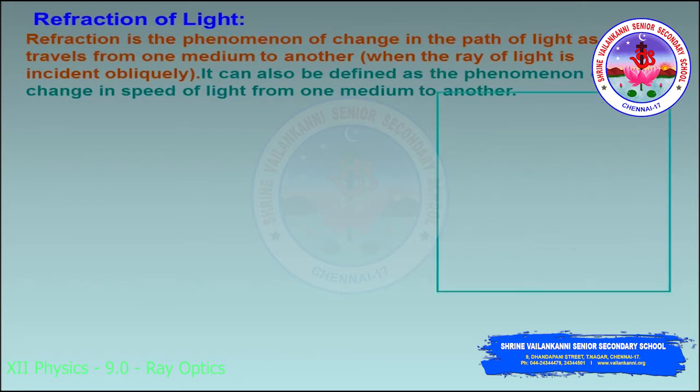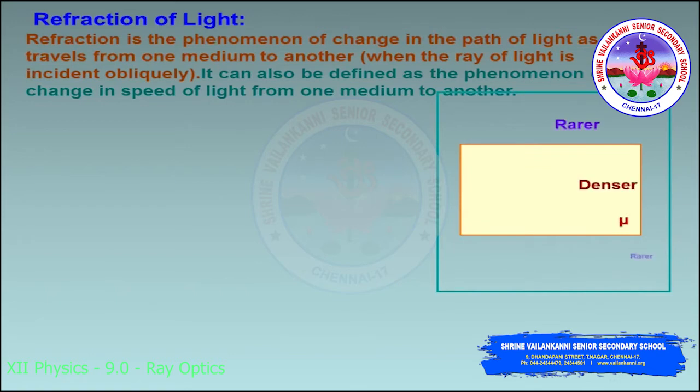We can see through the diagram. We have to take two mediums, where the light ray travels from a rarer medium and reaches a denser medium, that means any medium, like we can take glass or maybe water, like different mediums. The particles should be denser than the other medium, right? Now the light ray which passes from one medium to another medium, we have to take the normal, right?